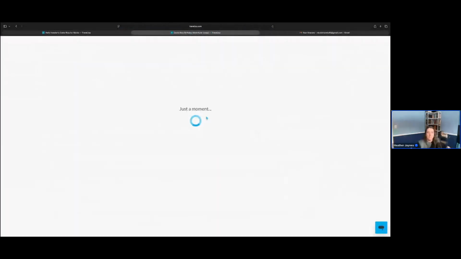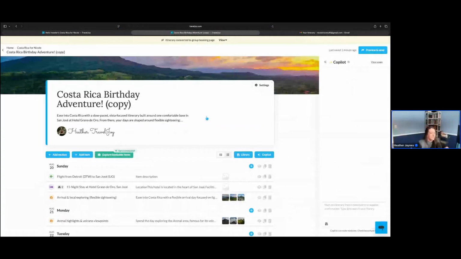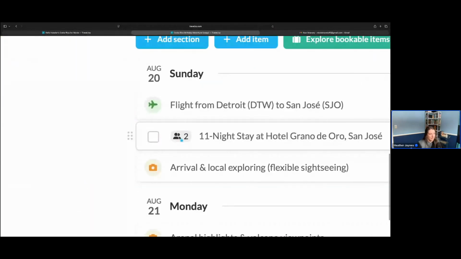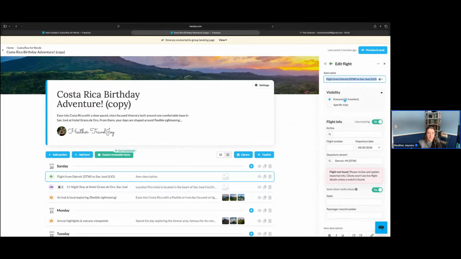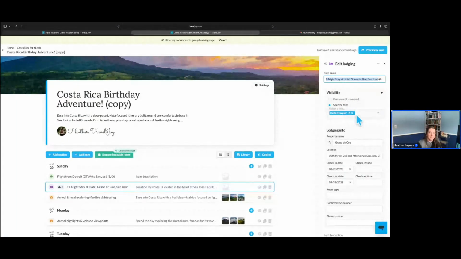And I wanted to point out visibility in the group itinerary. So visibility controls who can see specific items in your group itinerary. As travelers are booking through the group booking page that's connected, they'll automatically appear on the itinerary on the items that they're connected to. So this hotel that we have connected, we now see this little icon here. Quick zoom in. And when we click on it, we have that specific trip with the travelers connected to it as well. So by default, everything is going to be set with the visibility of everyone, but as they book and come in, it's going to add them to this specific connected item.